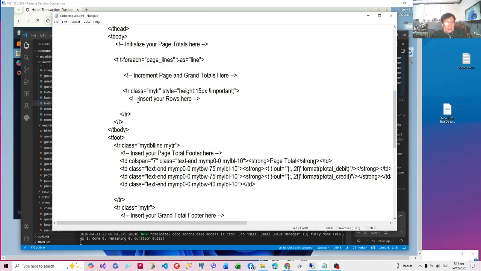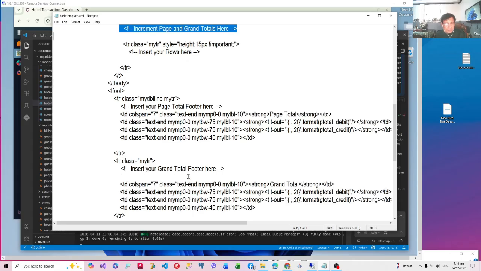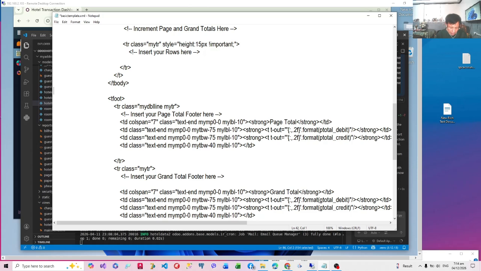Insert the rows. Before we insert the rows, we are going to increment the page total and the grand totals here. And then we insert the rows here. After that, we end the body and we put the page repeating footer here.